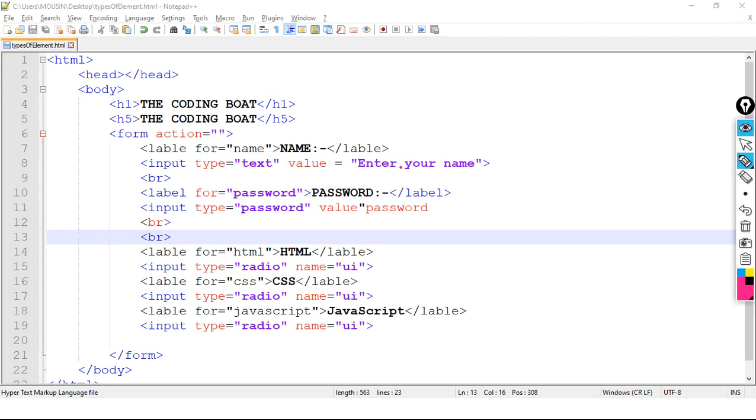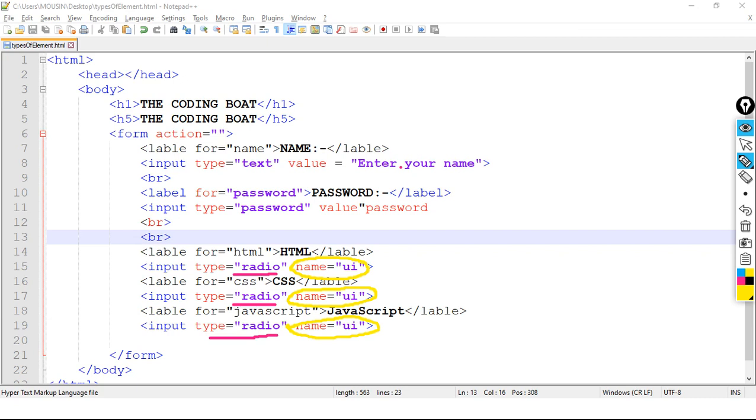See here, input type is radio, and input type is radio. Now here, what is the name? UI. Same, correct? Because of that, it is able to take only one option from the end user.